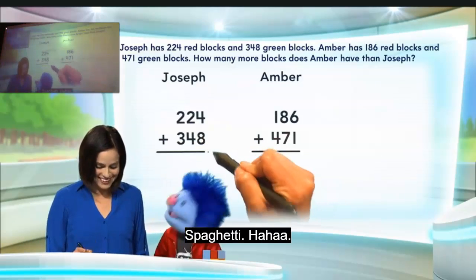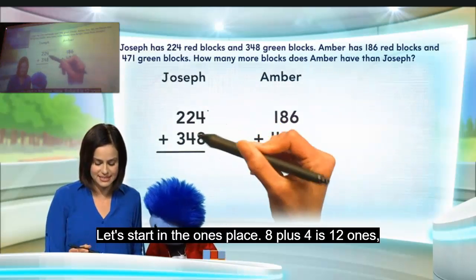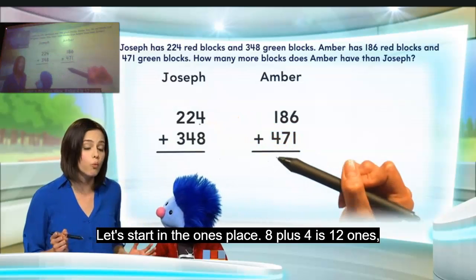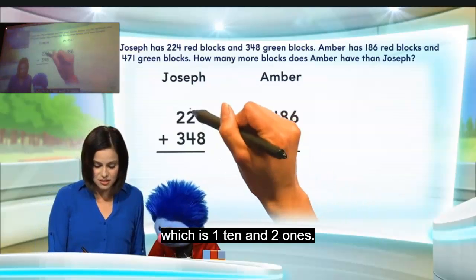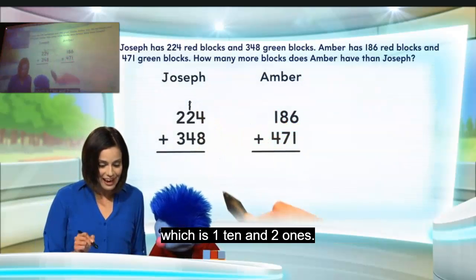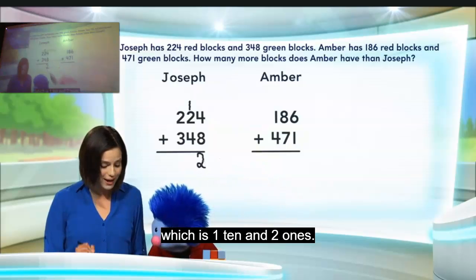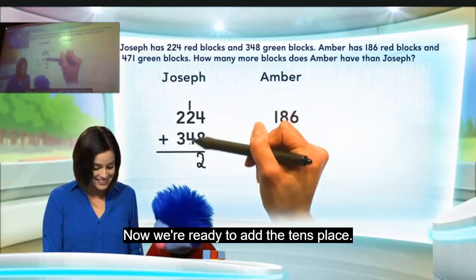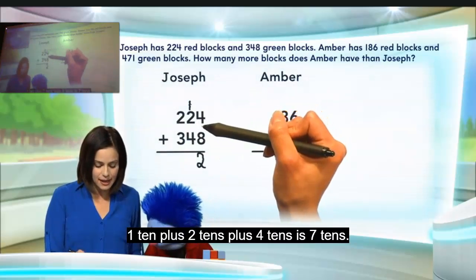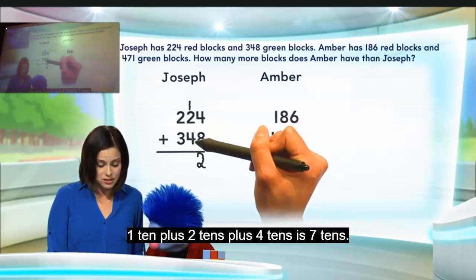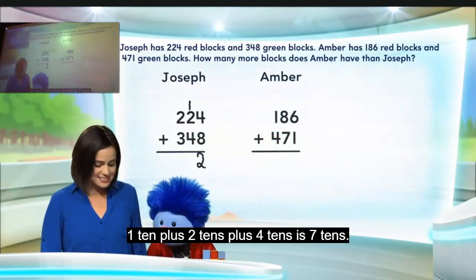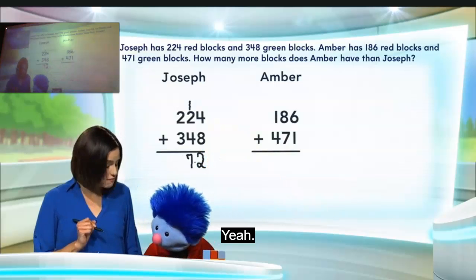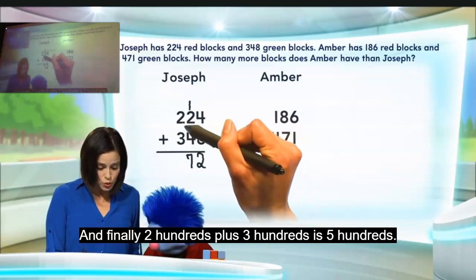Okay. Let's start in the ones place. 8 plus 4 is 12 ones, which is 1 ten and 2 ones. Okay? Now we're ready to add the tens place. Yup. 1 ten plus 2 tens plus 4 tens is 7 tens. And finally, 200